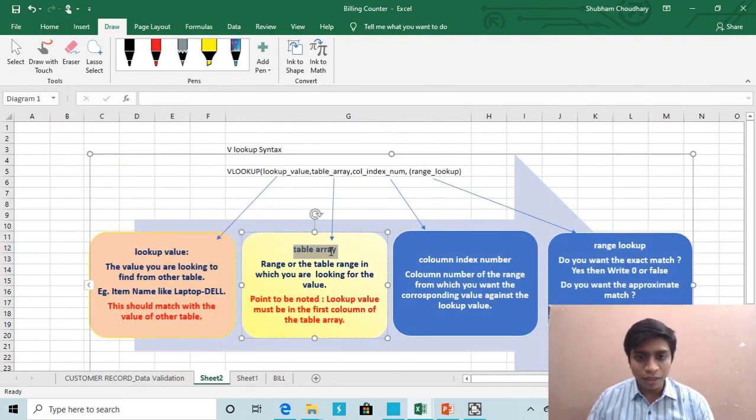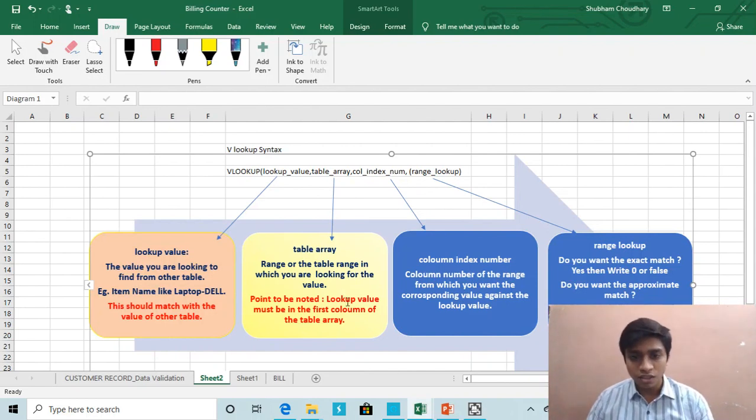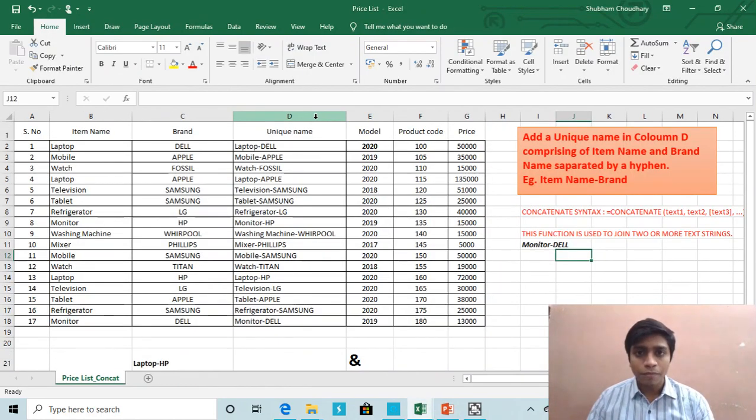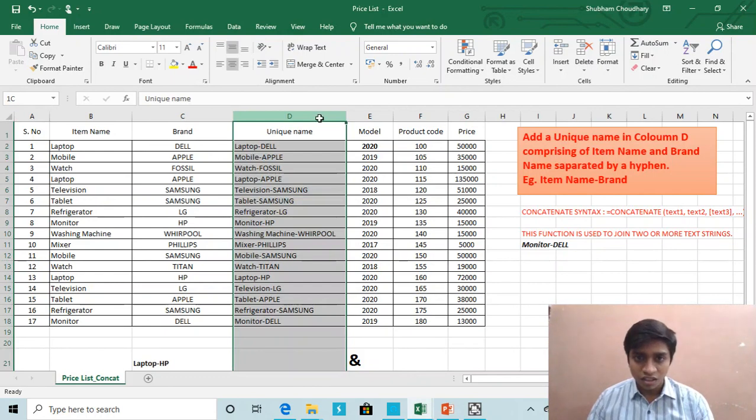The next is table array. Table array is the range or the table range in which you are looking for the value, meaning my master list from which I would be looking for the values. In this case, my table array is this.